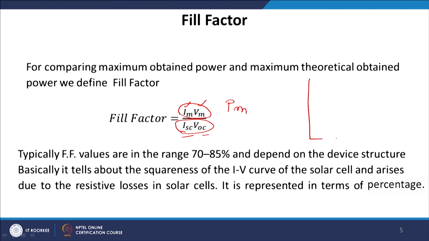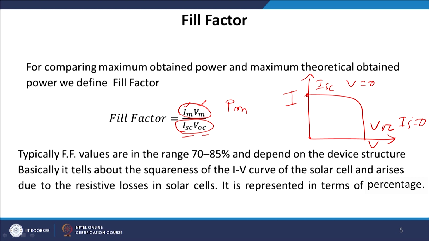If we draw an IV characteristic, so if this is my current axis and this is my voltage axis, we know that this looks like this. The point where the IV curve intersects the I axis gives me the short circuit current. Obviously, at the short circuit current, voltage V is equal to 0. Whereas, where this IV curve intersects the V axis, that gives us the open circuit voltage. At that open circuit voltage, VOC, the current I is equal to 0.